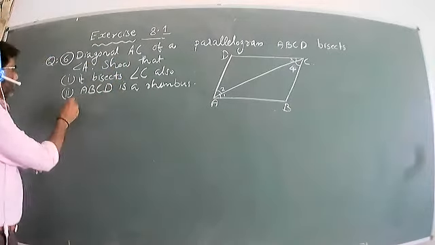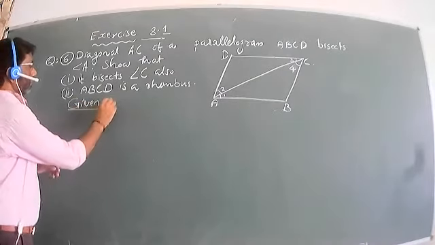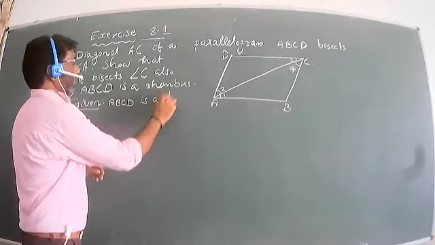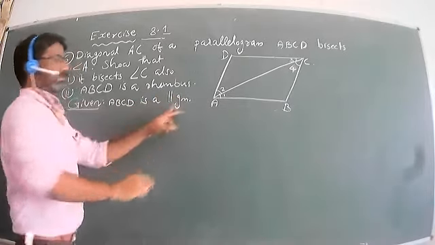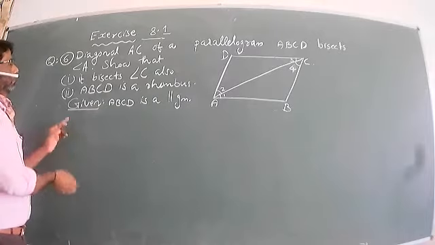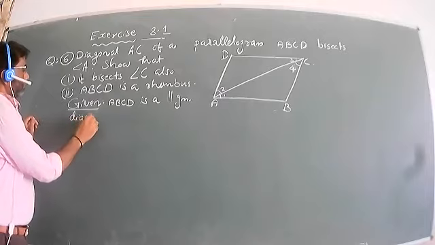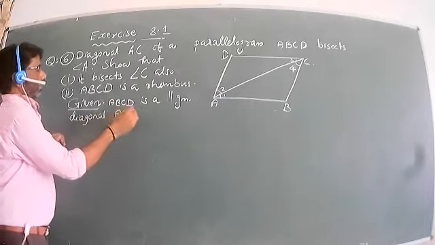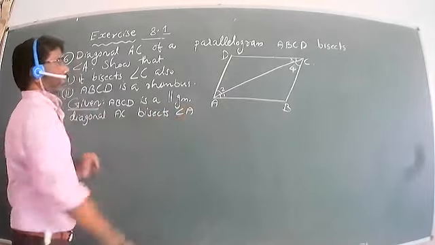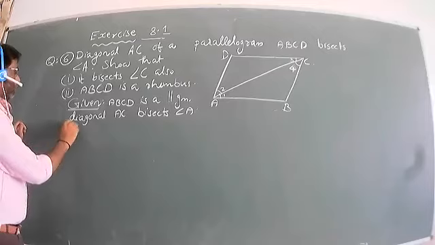Given, let us write, given ABCD is a parallelogram, symbol for parallelogram. ABCD is a parallelogram. And diagonal AC bisects angle A. Diagonal AC bisects angle A. That is given. To prove,